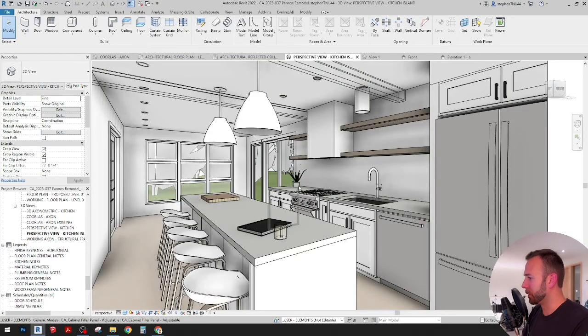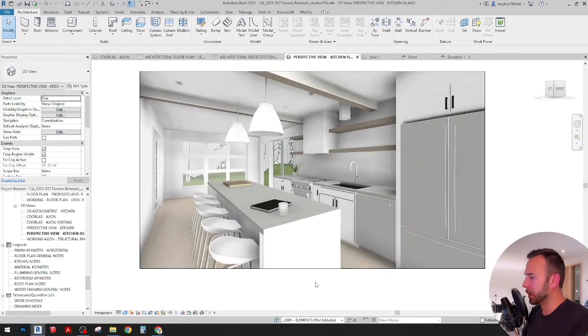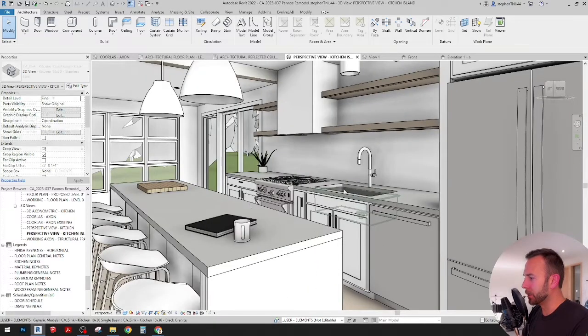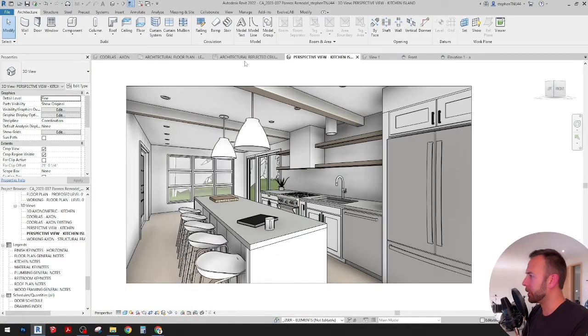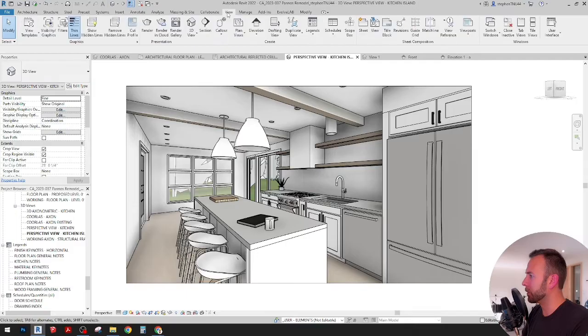So obviously that would probably be up on one of these shelves, but let's see what we got, and then we'll do a little recap while that's rendering. Yeah, let's go for it. View,